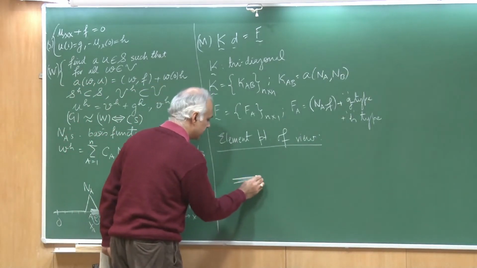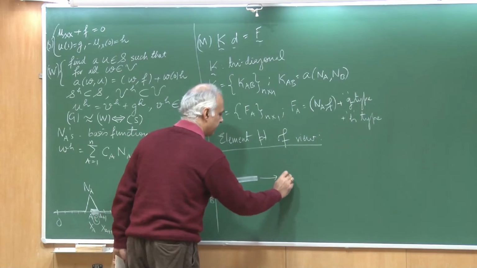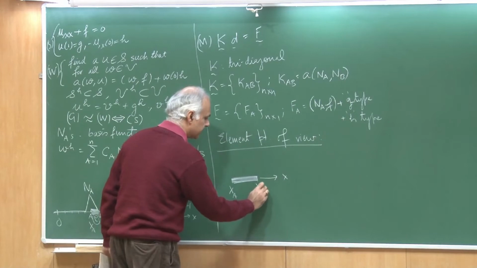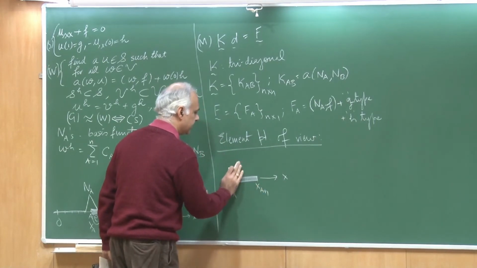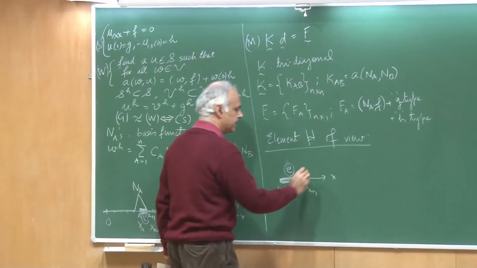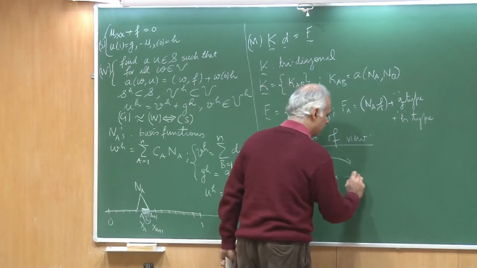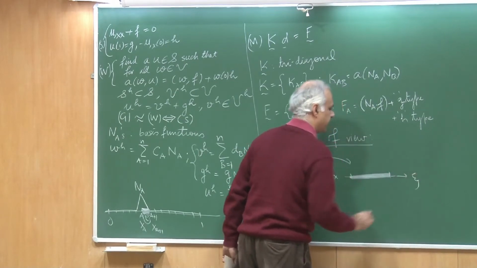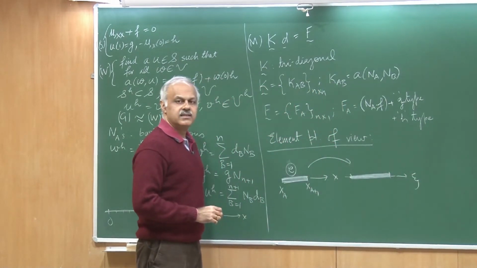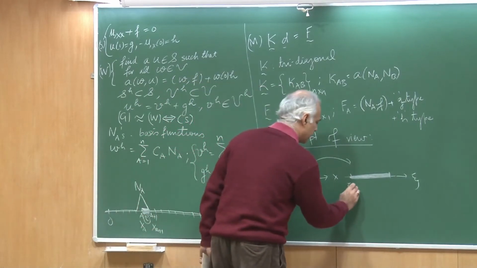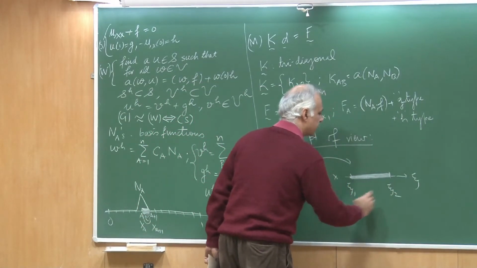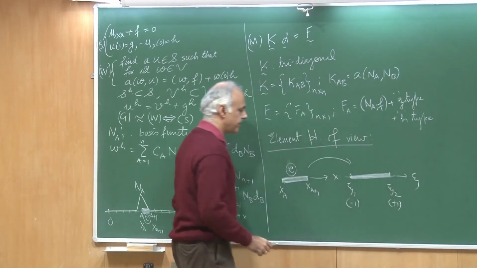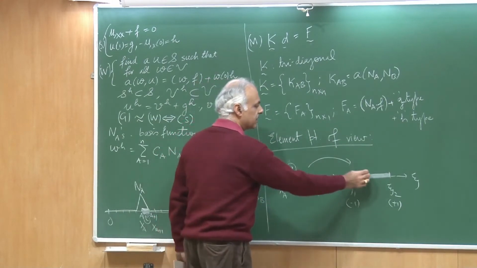So, what we did was that if this is my global point of view, xa to xa plus 1, and this is my element E, I was able to map to another, I did another transformation, the xi axis, from xi 1 to xi 2, and we said xi 1 can be minus 1, xi 2 can be plus 1,